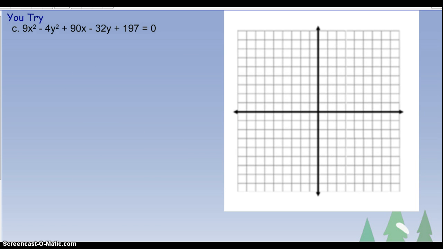Here is a U try for you to pick. Again, I know you'll do a lovely job. And then way down at the bottom here, you're going to end up with negative x plus 5 quantity squared over 4 plus y minus 4 quantity squared over 9 equals 1. All right, good luck and have a great